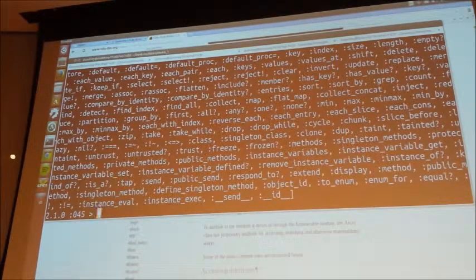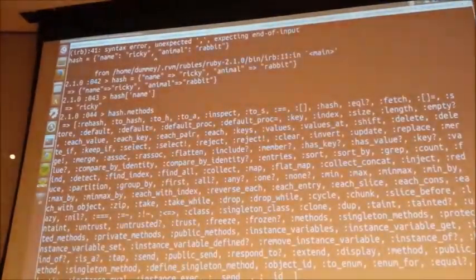Does it not fit on the dang screen? It doesn't. It does not fit on the dang screen. Yes. So it does,